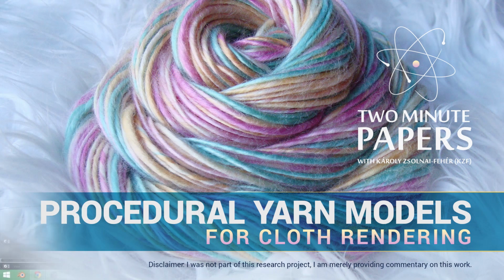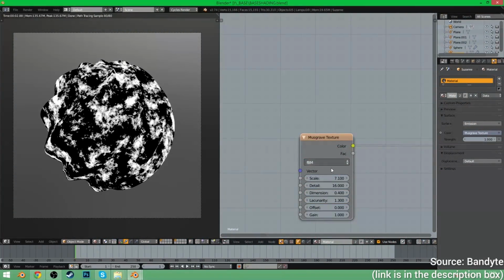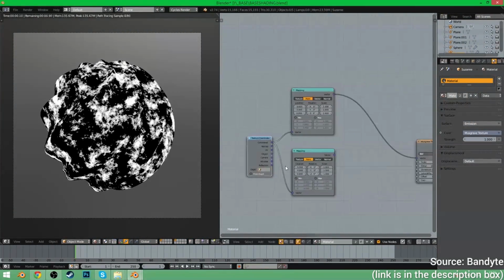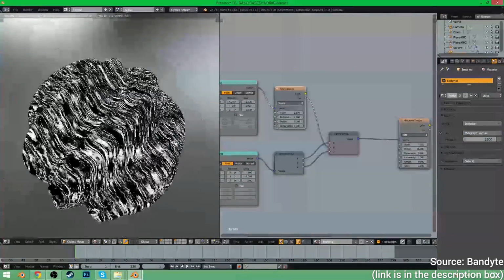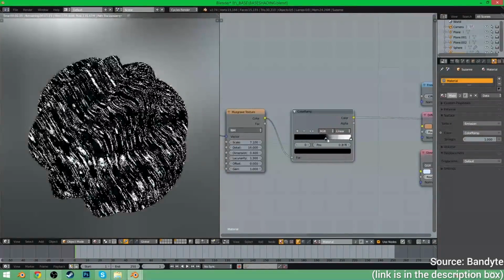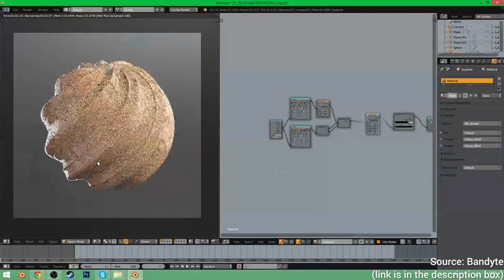Today, we're going to talk about a procedural algorithm. But first of all, what does procedural mean? Procedural graphics is an exciting subfield of computer graphics where instead of storing a lot of stuff, information is generated